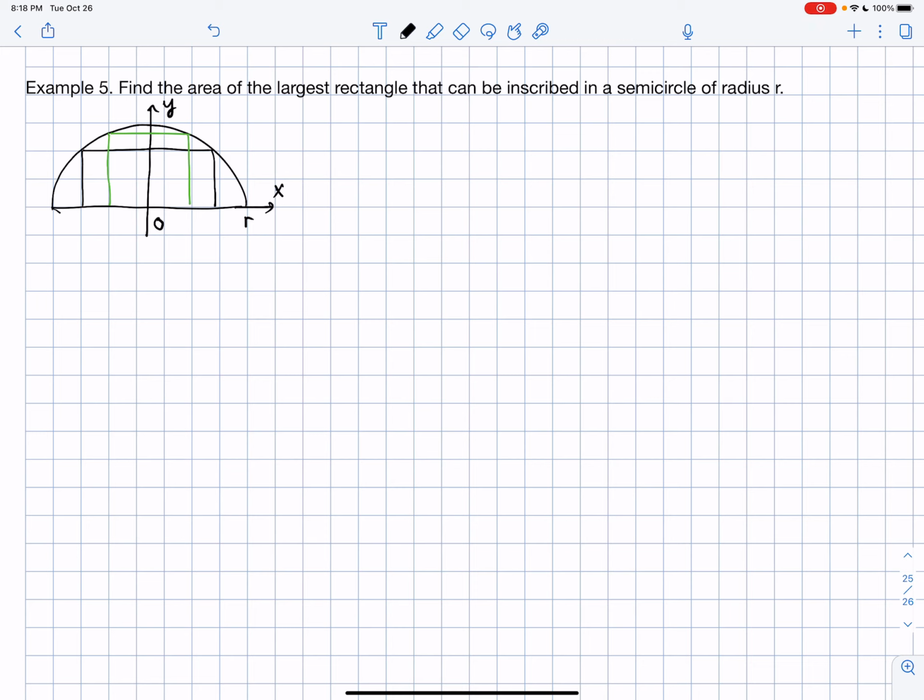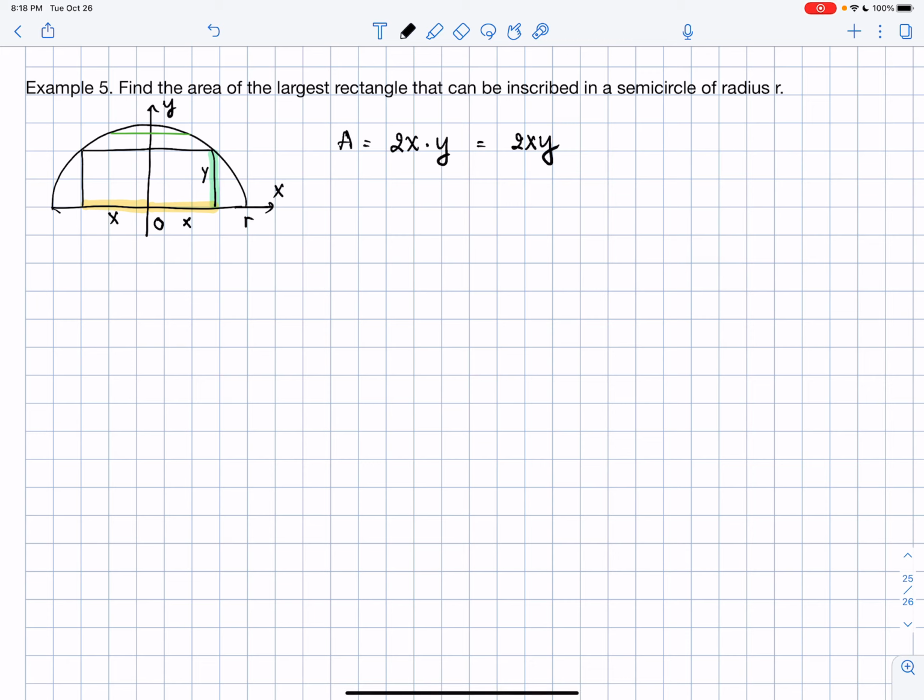Now let's just look at the rectangle in the black color. This is x and this part is y. So this has to be another x also, right? We know that the area of the rectangle is the length times the width. The length in this case is x and x, so that would be 2x times y, the width. So we have